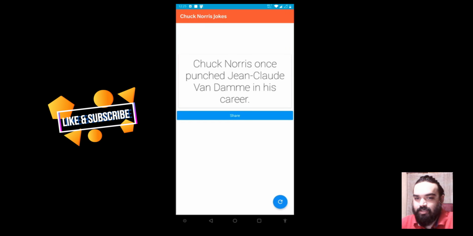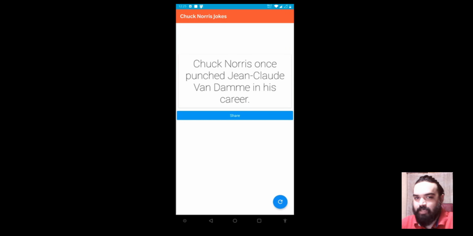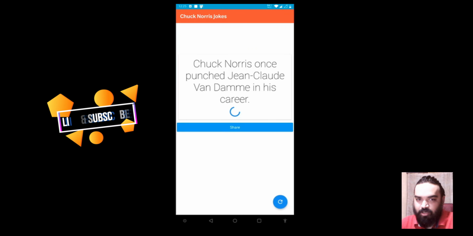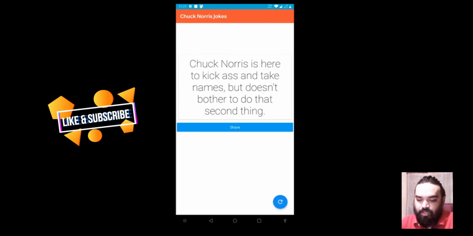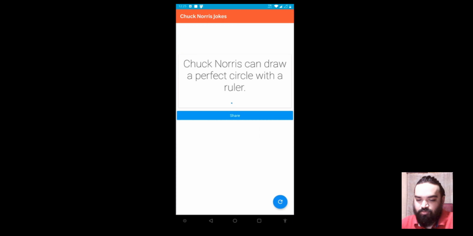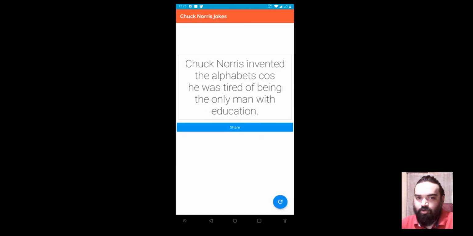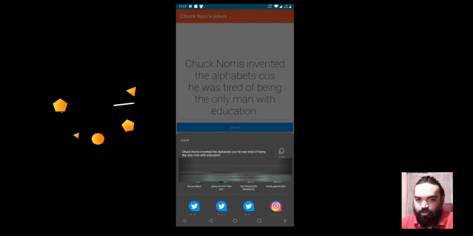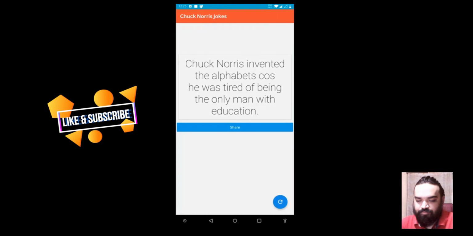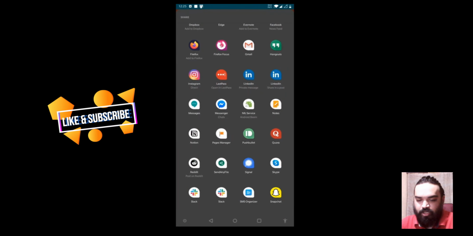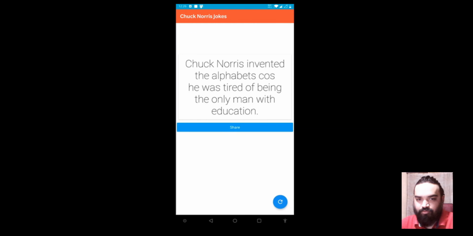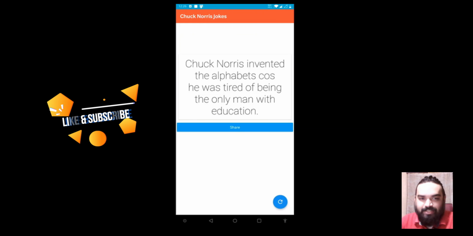What the app does is it pulls the Chuck Norris jokes API and pulls one joke for you and presents it on the screen. You also have an option to click the reload button so that the joke changes. You can do this n number of times. You will get a new joke every single time, and if you want to share the joke with your friends, you can click on the share button and that will pull up the share dialog on your phone, so you can share it on any of the apps that are available on your phone. All right, let's get to the demo now.